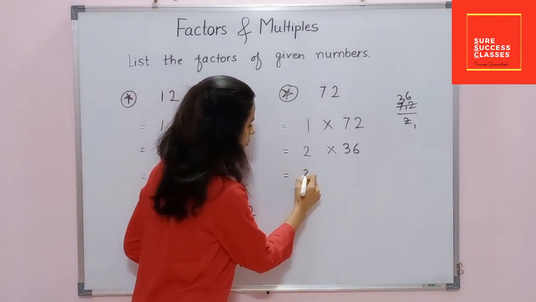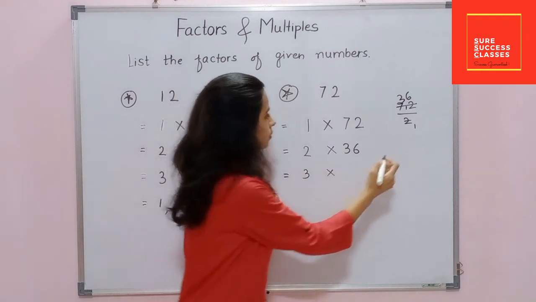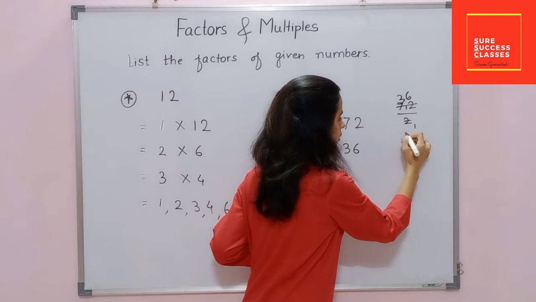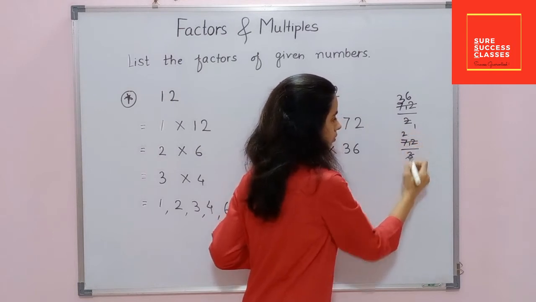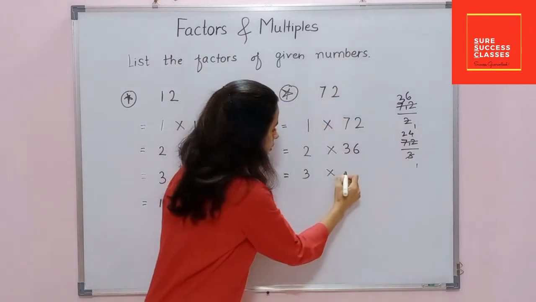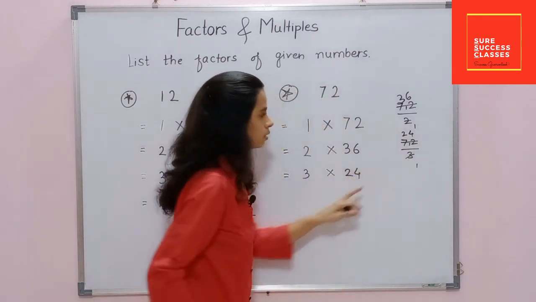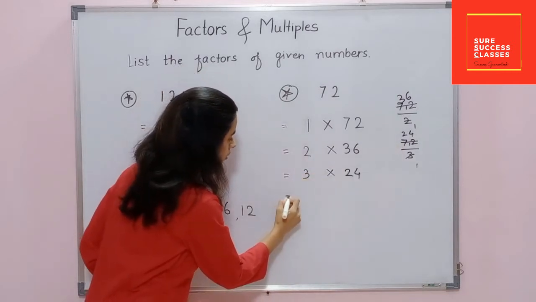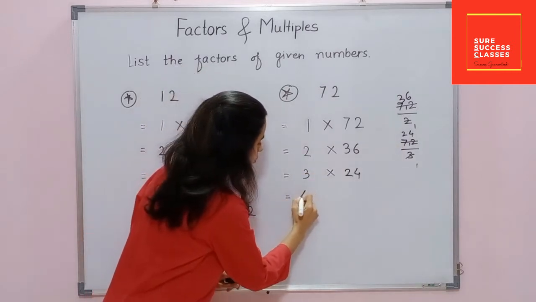Then we will write here 3, check in this way, 3 1s are 3, 3 2s are 6, 1 will remain here, 3 4s are 12. It can divide this number completely, means this is the factor of given number. Then 4,